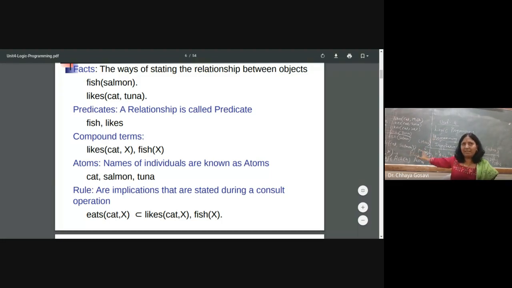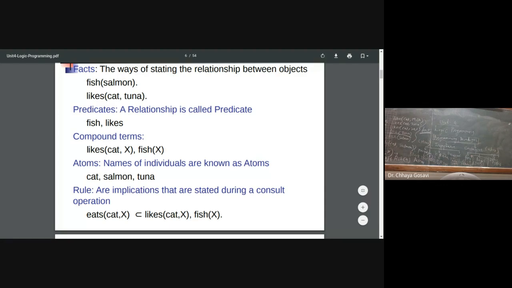This is a clear example. You understood what a fact is? When we write likes cat, fish, or likes cat, milk, or likes cat, tuna, these are the facts. So these five statements are called facts. This statement is called a rule. You write a rule using these facts. And this is called a query.